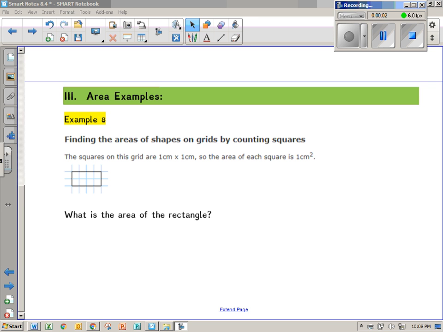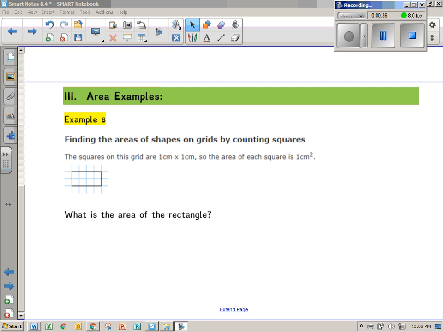Okay, last part of Notes 8.4. Now we're sort of in Part C, area. And once again, I've talked a little bit about area on page 1 of your handout. Area is measuring flat space, two-dimensional space. Like if you wanted to know how much space is on your tabletop, or on the floor, or a wall, or a photograph. So there are a lot of formulas, but we're actually just talking about the idea of area,